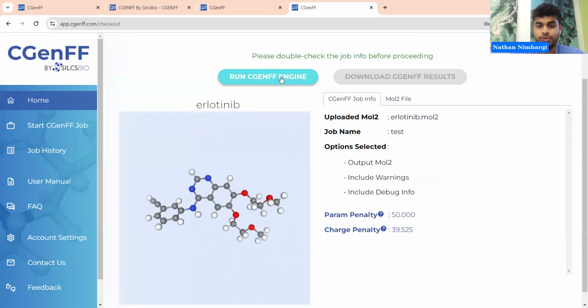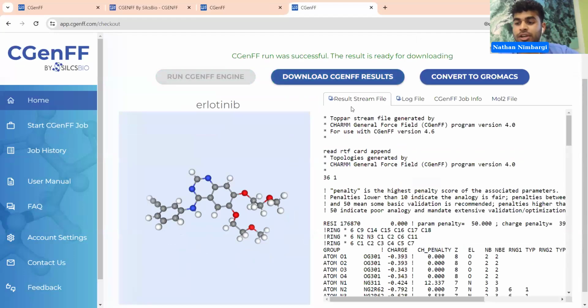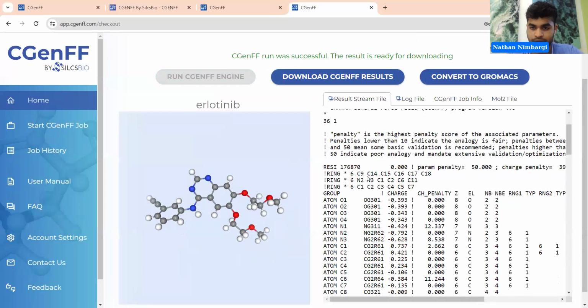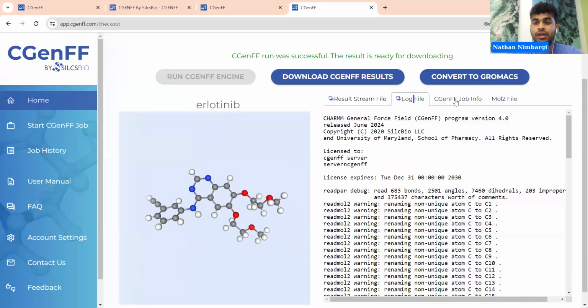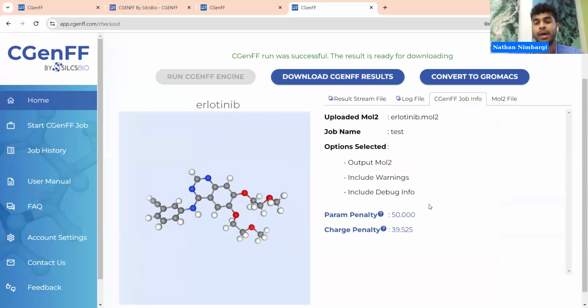Once you pay, you run the CGenFF engine, and you're going to get all these different results. You first have the results stream file that you can see here. You have the log file, which you can click on to view. You have the actual job info talking about the penalty and the options that you selected, and then this mol2